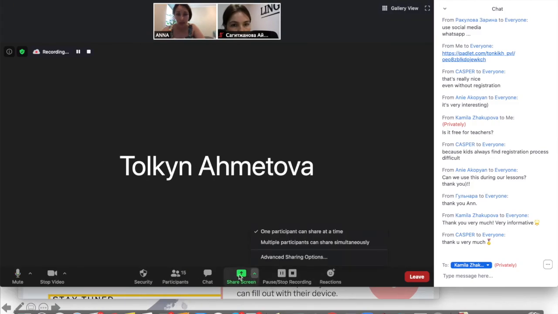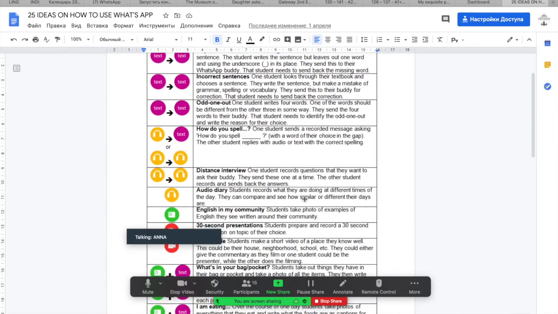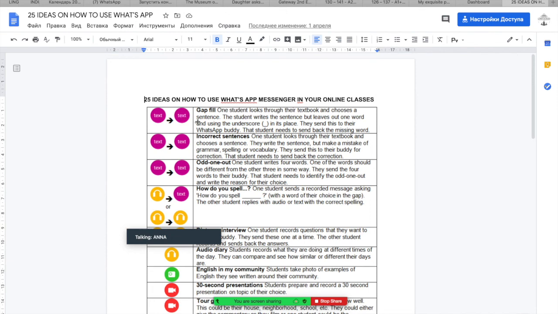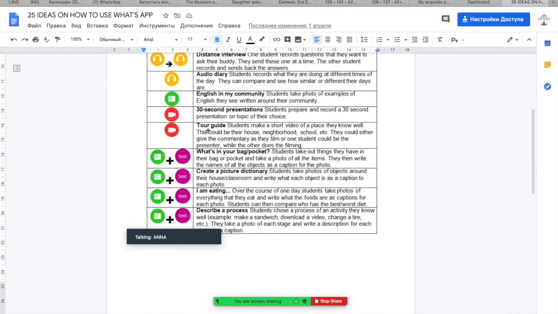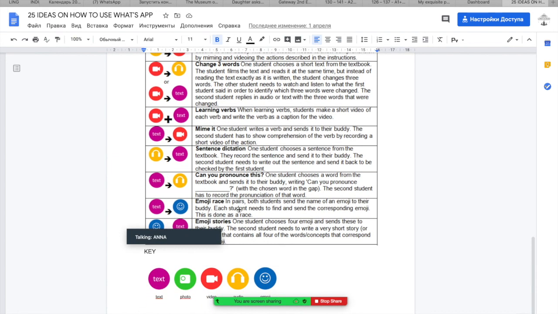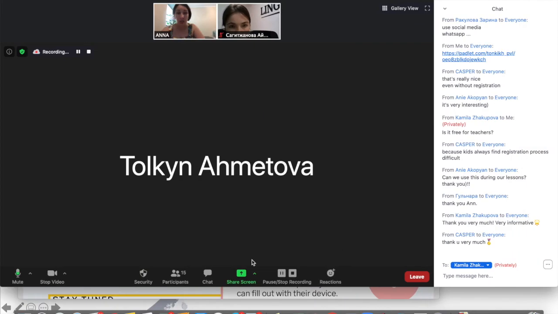If I click, let me show you, it will show you this document which I created for my team. Even with one simple messenger, WhatsApp, there are 25 practical applications of how English skills can be used realistically and interactively. I am more than willing to share this document with you, but in order to do that, I will need your emails.